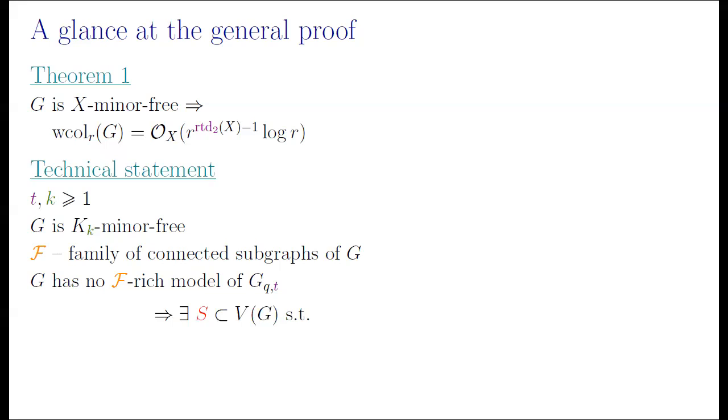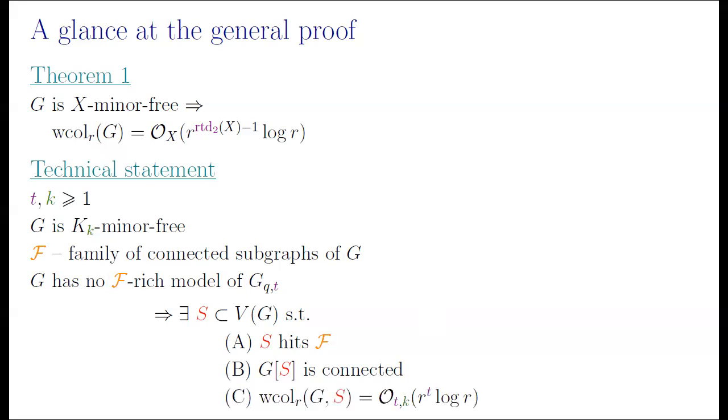The assertion is that there is a subset S of vertices, such that first, S hits F. What does this mean? It means that it intersects every member of F. This is technical stuff, but it's important that G[S] is connected. And finally, we have something like this. And this I will explain also later in more detail. So this is some technical statement. And let me try to